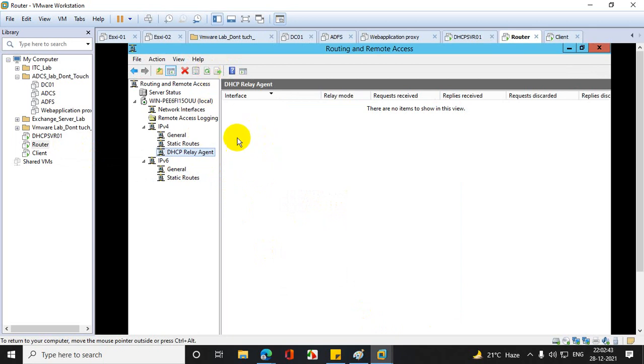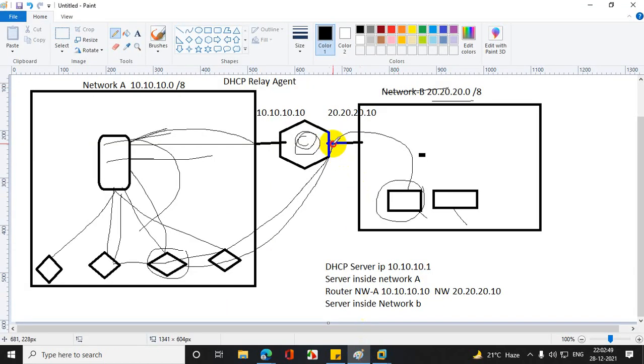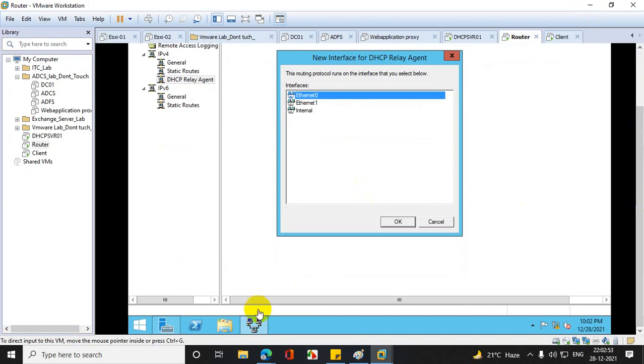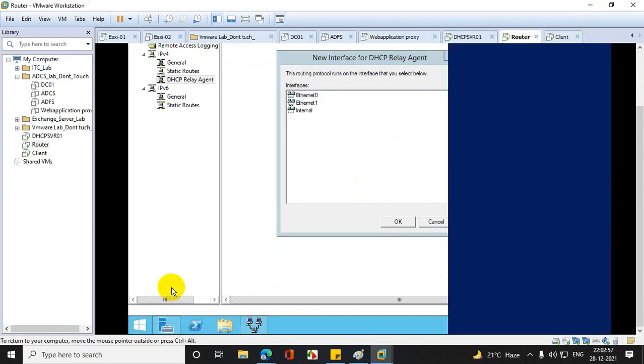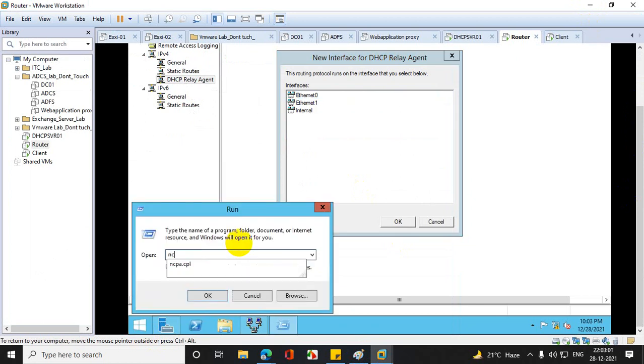Now I will add a new interface here. Which interface? Just this, network B. Clear? Network B. So for your information, I'll go to ncpa.cpl.